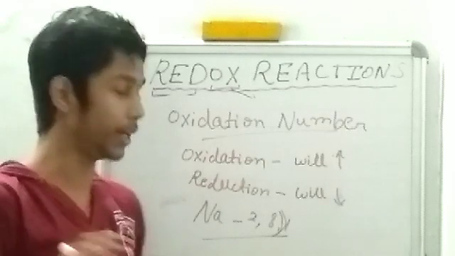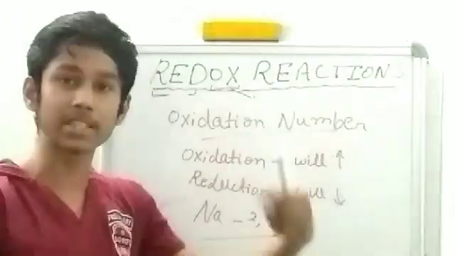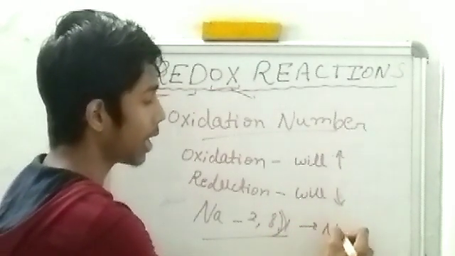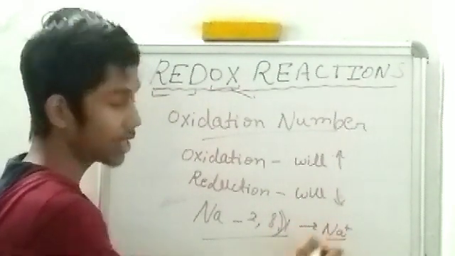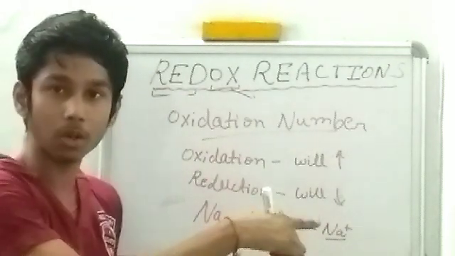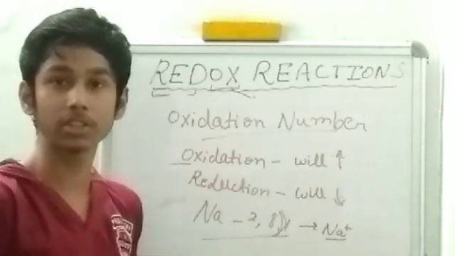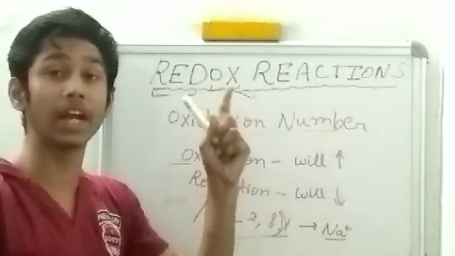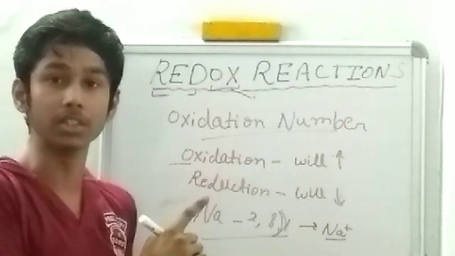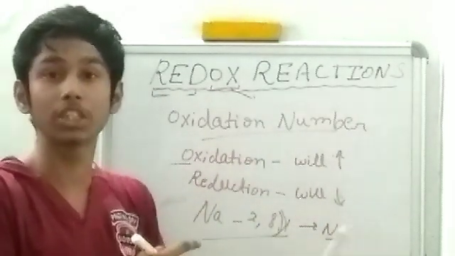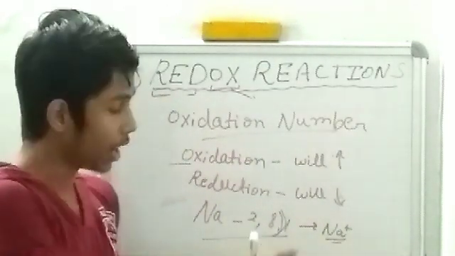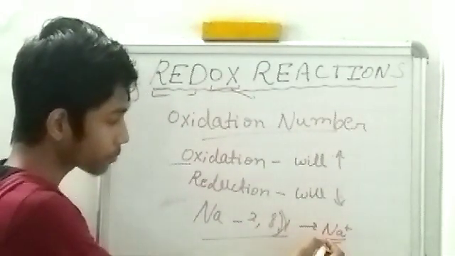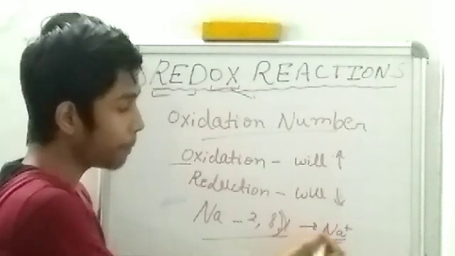become stable, right? So when sodium loses its 1 electron, it becomes Na+, and thus sodium, when it loses 1 electron, oxidizes. How does it oxidize? Because it loses 1 electron, and that was the criterion of oxidation: loss of electron and getting a positive charge. And here this is happening. Na is losing an electron and getting a positive charge. So here I am writing Na+.